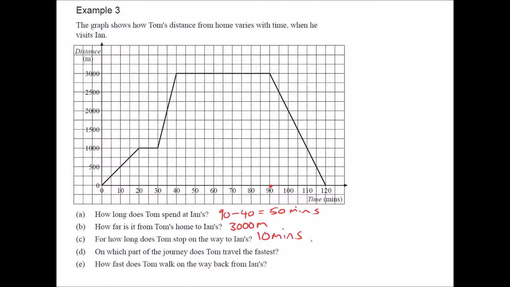Should we calculate that perhaps? Let's calculate that now. Okay, so if we are at 1,000 and we want to get to 3,000, we can see the distance travelled there, let's write this at the top, is going to be 2,000 kilometres. Okay, and how long did it take him to get there? Well, from 30 to 40 is 10 minutes. So we've got a time of 10 minutes. Now, if I wanted to calculate that speed, I could do 2,000 divided by 10, and that would get me 200